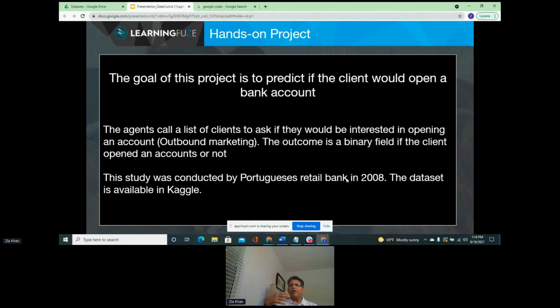So whenever companies are looking for revenue, they have marketing campaigns that they do. So this data set that I'm going to use is actually available through Kaggle. It's a retail bank data set from Portugal, and it is about marketing campaigns that were run by the bank so that they can acquire more customers.